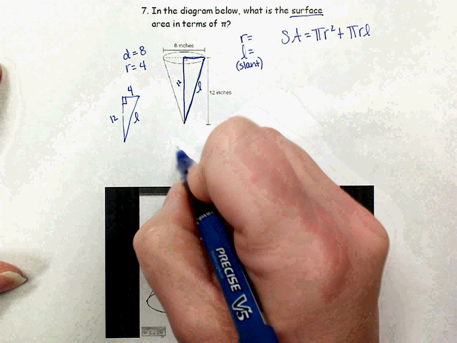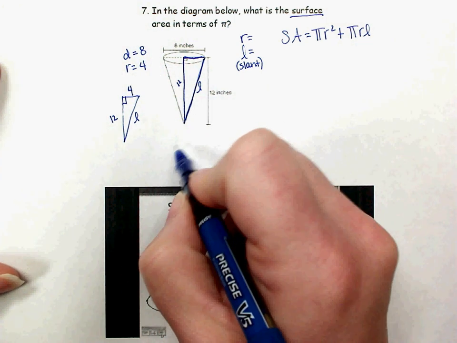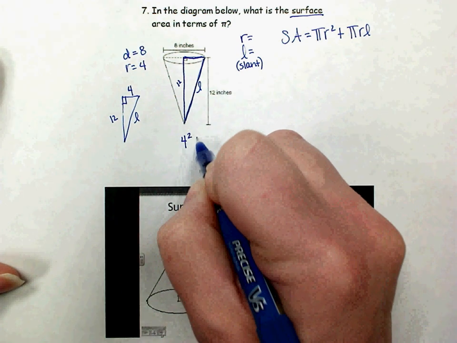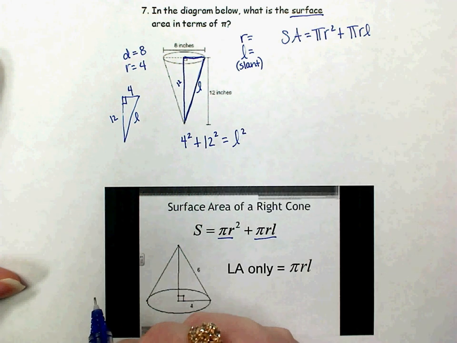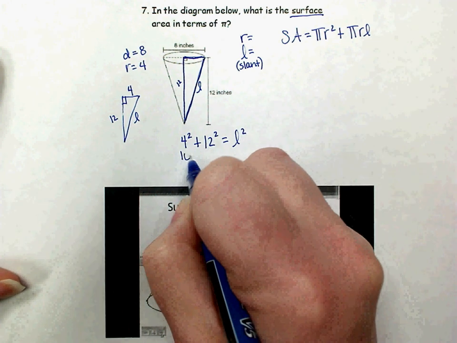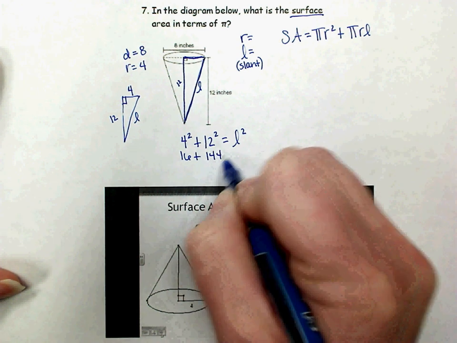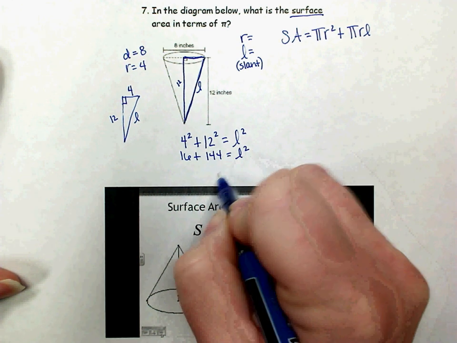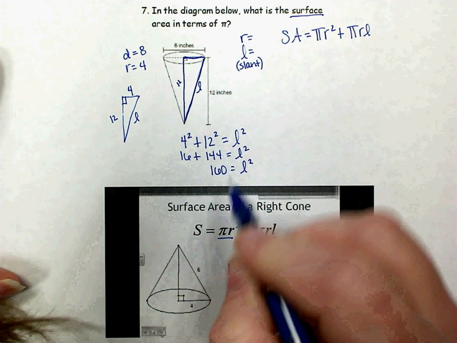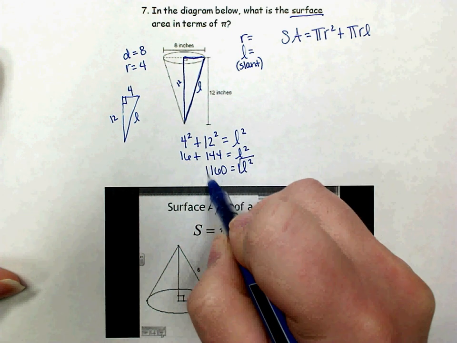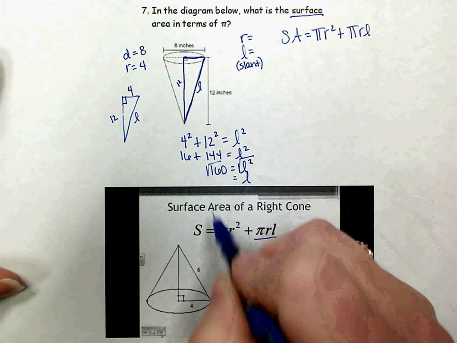That's not a Pythagorean triple, so we're going to have to use the Pythagorean theorem, doing leg squared plus leg squared equals hypotenuse squared. So 4 squared is 16, 12 squared is 144, and when we add those together, we get 160 for L squared. We're going to take the square root of both sides to find our slant height, and 160 is not a